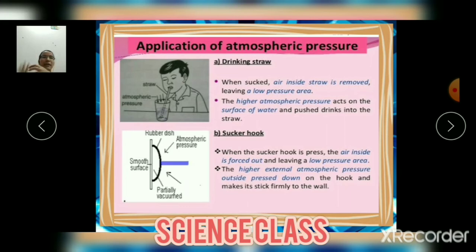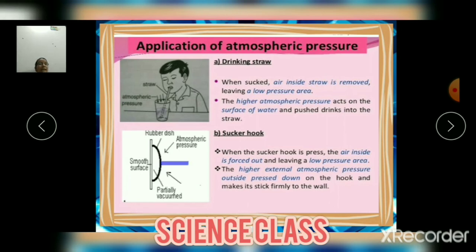Clear? Now some other uses of atmospheric pressure in our daily life, such as in aeroplanes. The aeroplane flies high with oxygen filled inside it. As you know, the aeroplane is at a great height from the earth's surface, so there is less air there. That's why oxygen is required for the passengers.